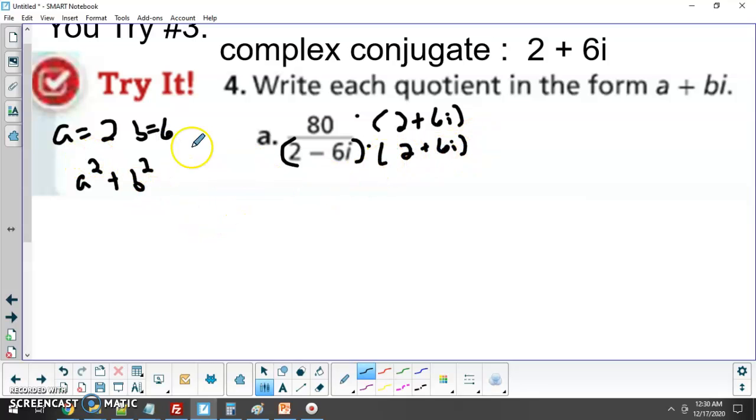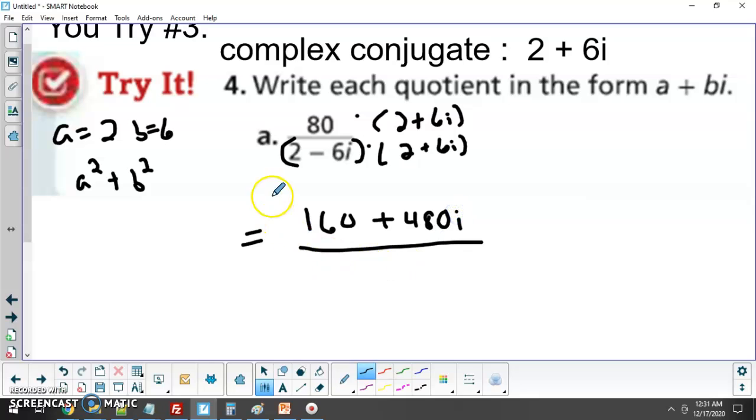It doesn't matter, because if you square a negative 6, it's the same thing as if you square a positive 6. So on the top, I'm just going to distribute. 80 times 2 is 160. 80 times 6i is a big number. 80 times 6 is 480. 6 times 8 is 48, so you just add an extra 0 there. 480i. On the bottom, we're going to do the a squared plus b squared, so it would be 2